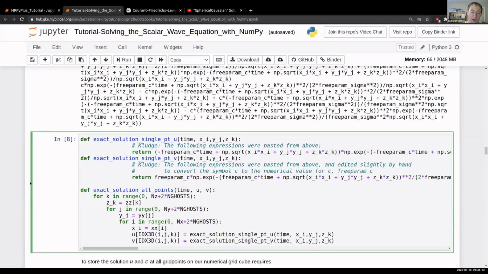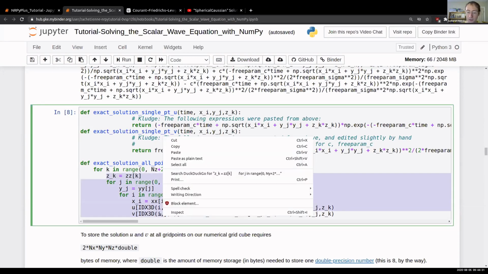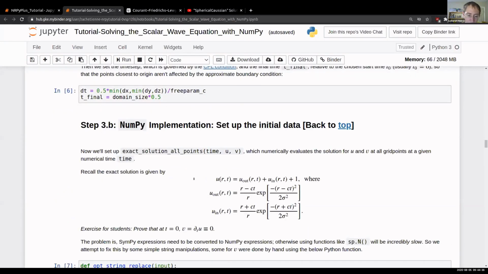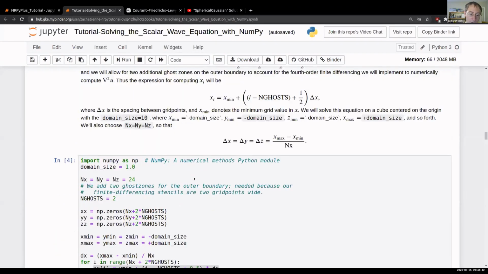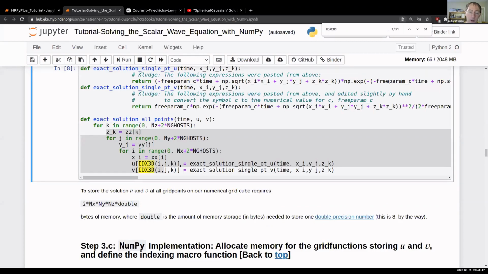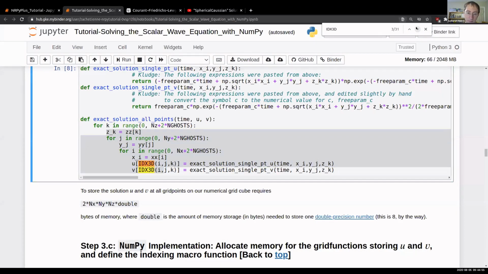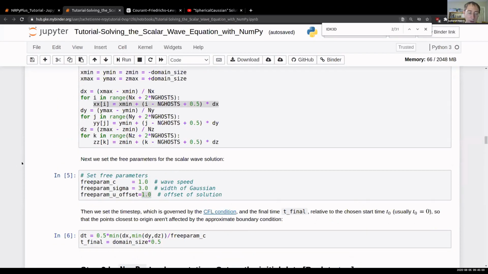So here we create a loop for the exact solution at all points. And I wrote this in a somewhat optimized way. Something very important, how could I skip that over? Did I skip that over? I must have skipped it over, sorry. You notice here that there's this IDX3D. This is a function in Python. I'm missing the first one somewhere. Anyway, IDX3D basically